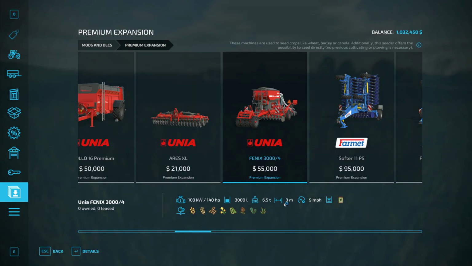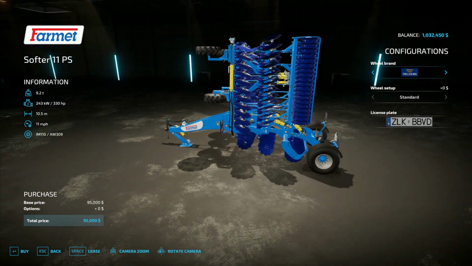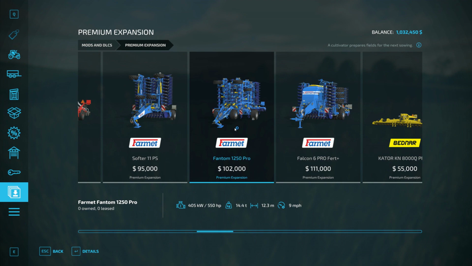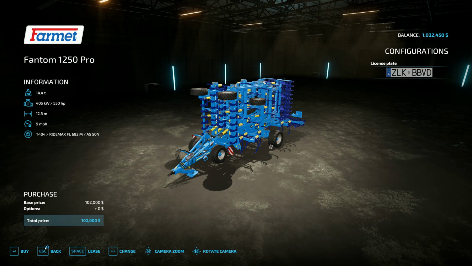It's only 3 meters wide, but it holds quite a few seeds and has a relatively low power requirement for how well it works. In fact, you do not need cultivation or plowing. Moving on, we do have a much, much larger disc harrow and a new cultivator. This one's actually very special, and I can actually point out to you why that is,